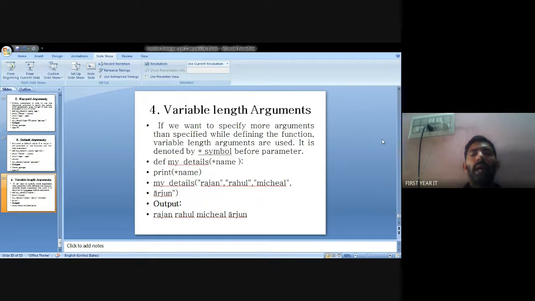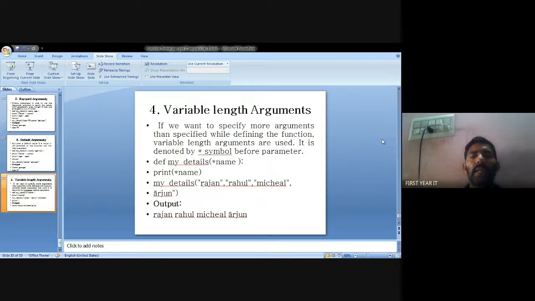Suppose I print star of name, the passed values. So for my details, you declare Rajan, Rahul, Michael, Arjun. The four passing parameters can be passed through the name. In the name, we mention the star.